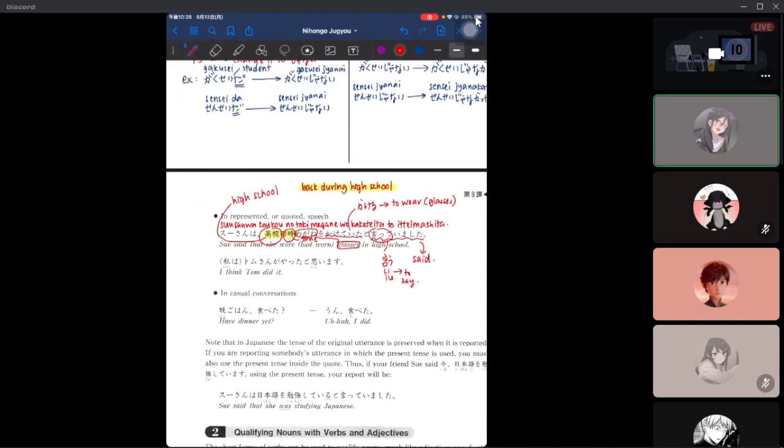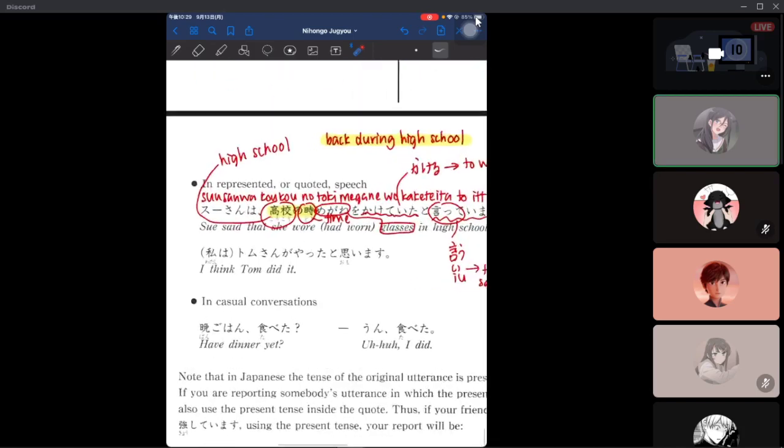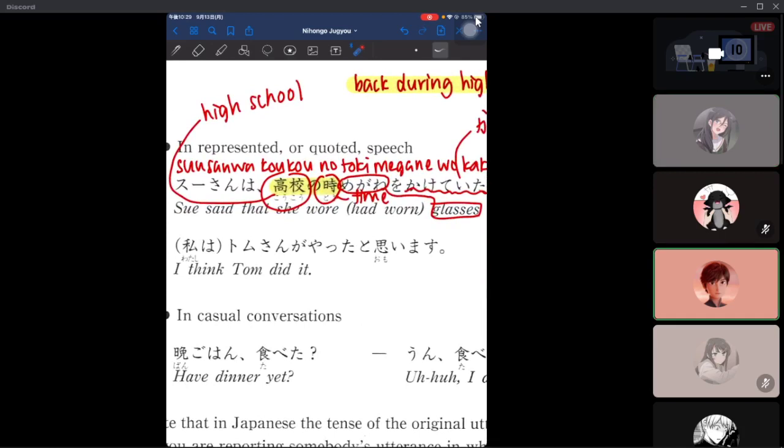In this context, Sue said that she wore glasses back in high school. So スーさんは高校の時メガネをかけていたと言っていました。